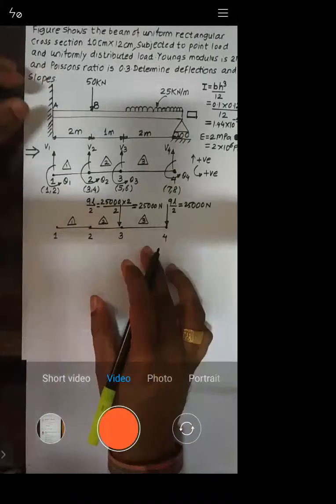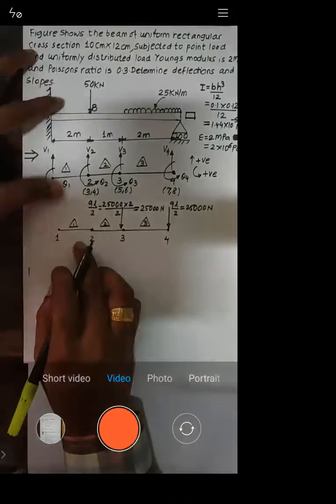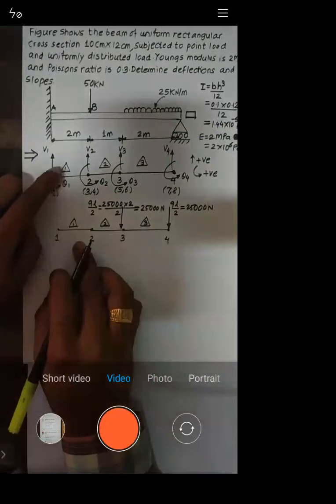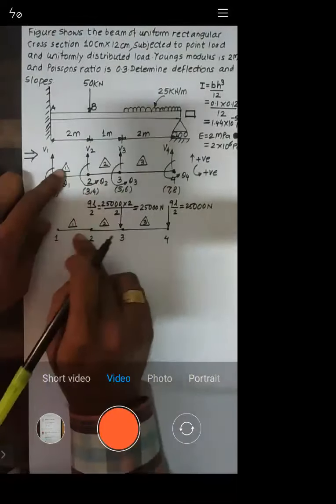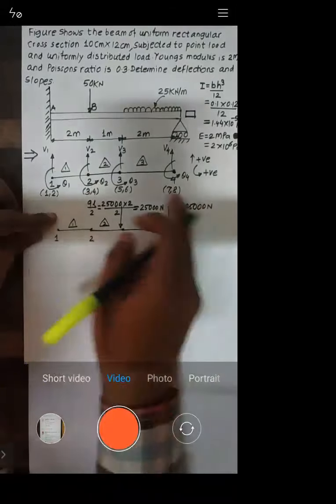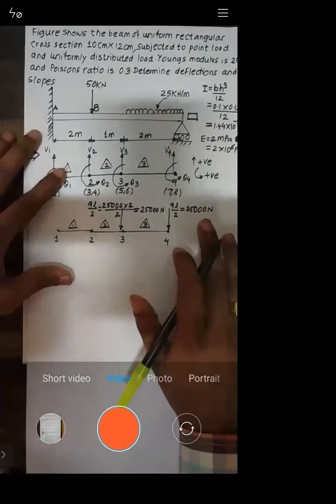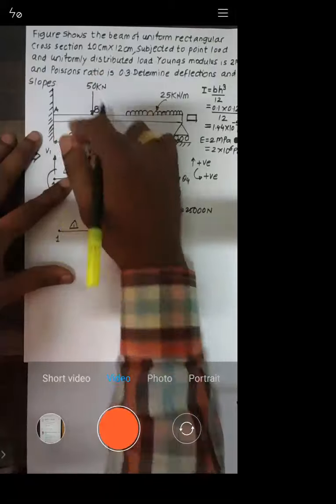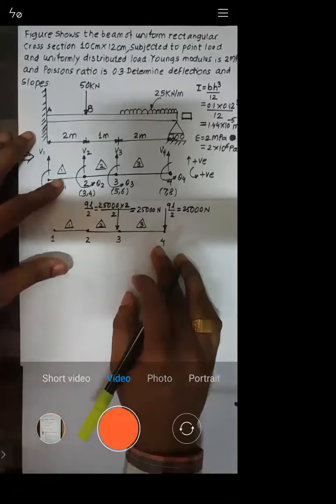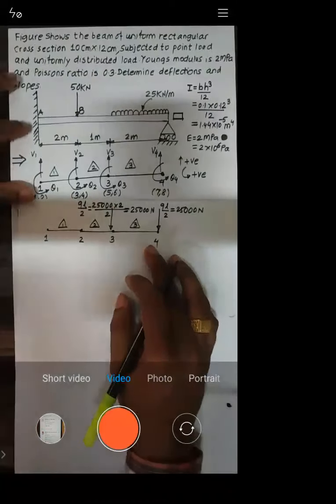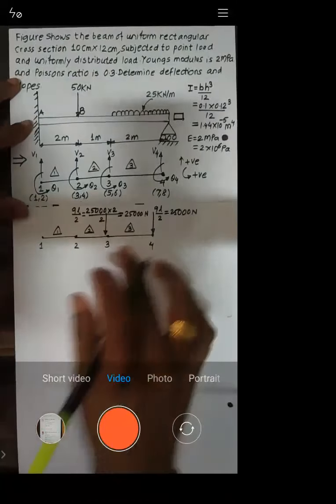Try to understand. See, on node number 1 you won't have uniformly distributed load on element number 1. Similarly, you won't have it for element number 2. So I am not going to put that. This diagram is only for uniformly distributed load, so I am not going to consider this load here. This load I will directly put when I write down the global matrix equation, right? So let's see what to be done here.